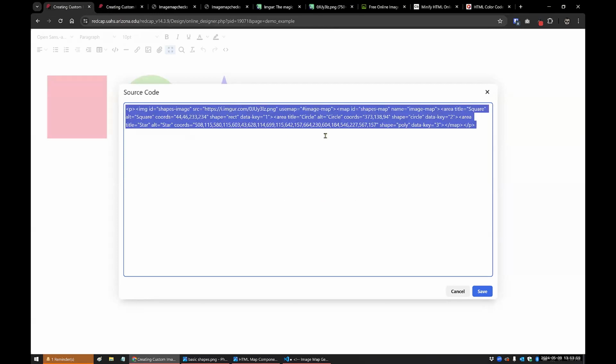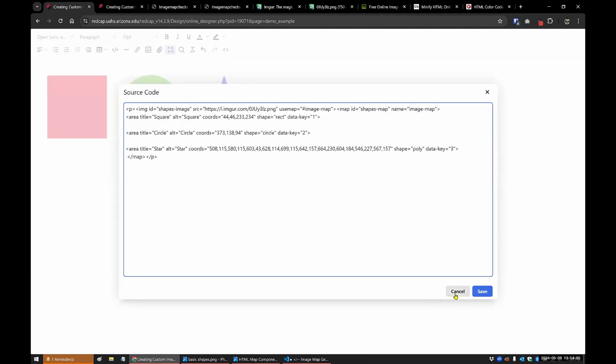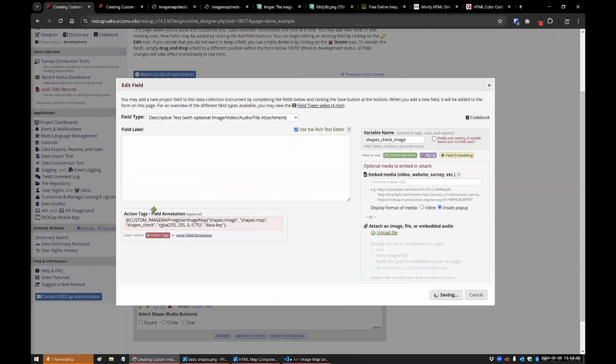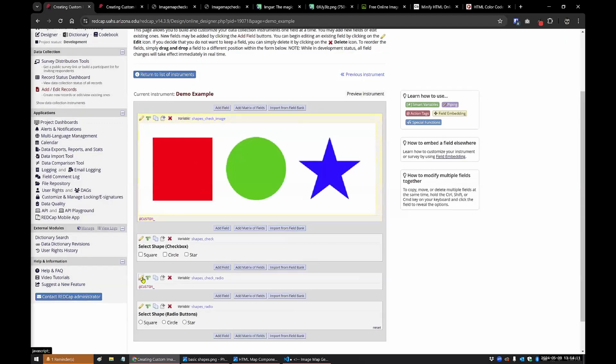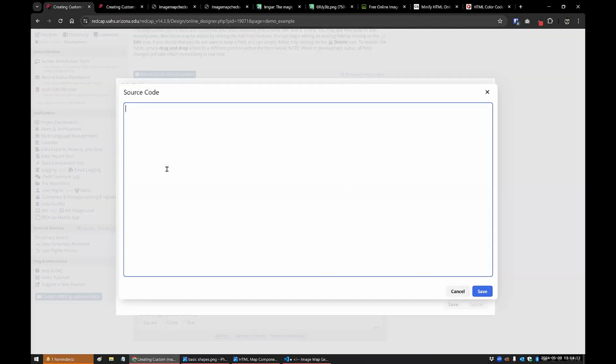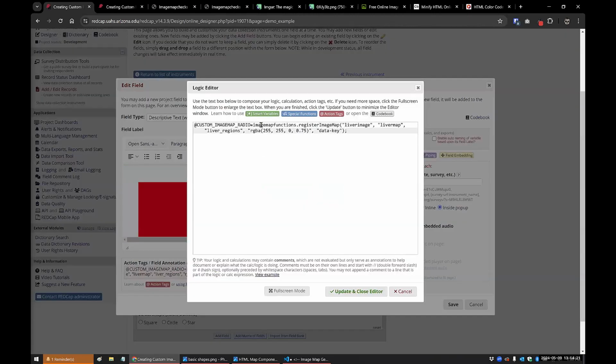So what I'm going to do is I'm just going to copy this HTML again. We'll save that. We're going to save this. Got to get out of there and then save it. So I'm just going to pop this into the radio button version, and we do rich text editor and just do it that way. Now in here, this was for something else. So we're just going to copy. I'm just going to put it down here, but because it's